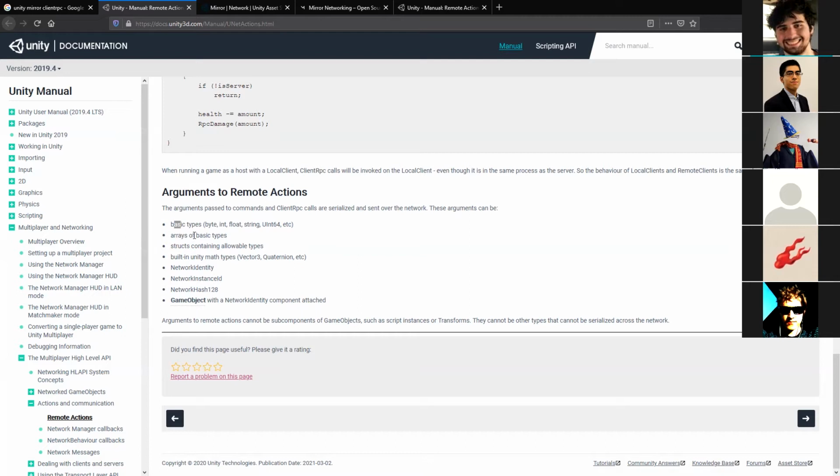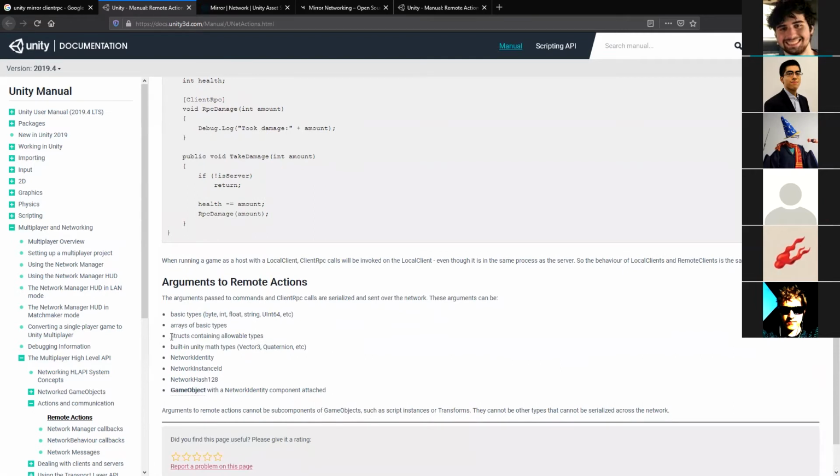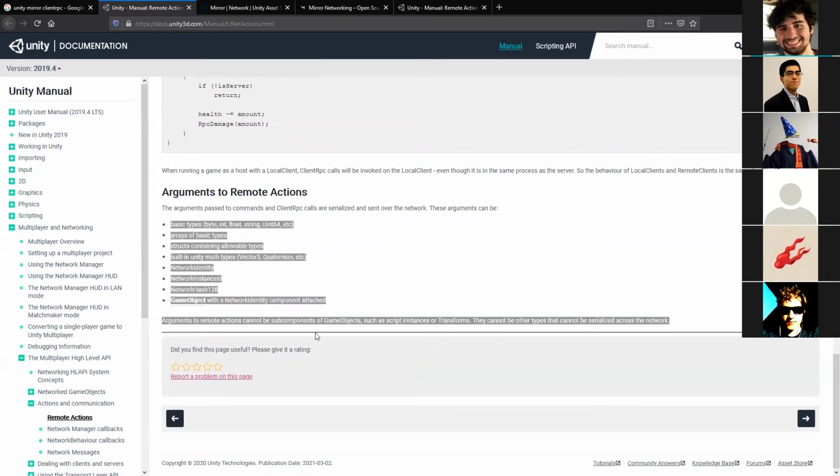So when you're writing code for networking, you want to send as little information as possible, just the bare minimums. For one, that's faster and less information to send over the network. And two, that's just how it works. You can't send a material over the network with these commands and client RPCs. What you can do is write structs, which will come in very handy once you start getting more complicated networking things. As long as the struct only has these things, it'll work. But yeah, this page is very important. I reference it a lot because I don't memorize these and I need to remember.